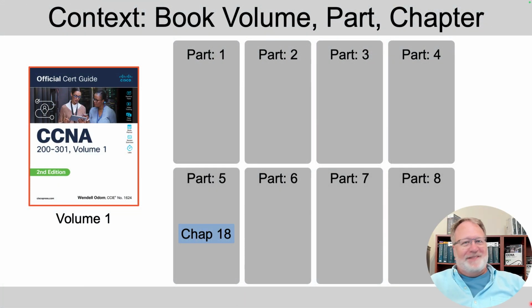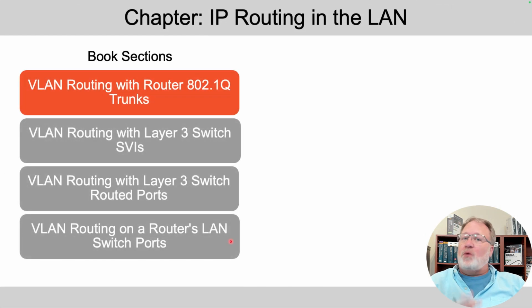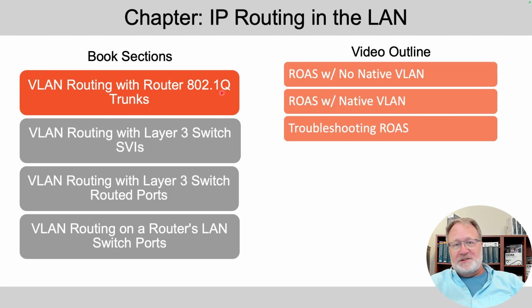As always, I matched the organization of the book. In this case, of the two-book set, it's Volume 1, Part 5, Chapter 18, which has 4 major sections, and the formal name of the first section is VLAN Routing with Router 802.1q Trunks, which everybody calls Router on a Stick. So to mix it up a bit versus the book, I'm going to go straight into the config and